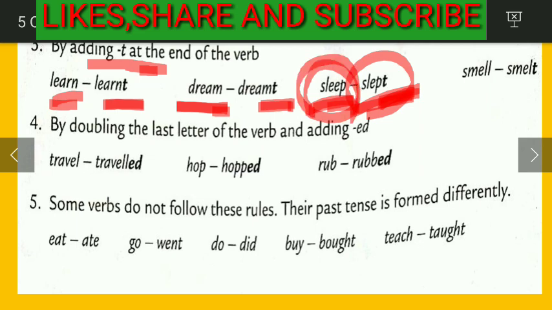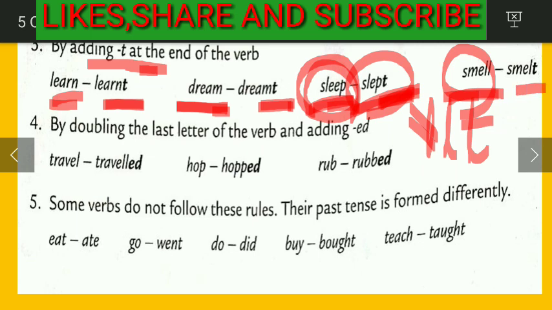Likewise, here see smell is written. Here you can see children, at the end double l is written, but in order to get the simple past tense of smell we have to cut one l, and add t to the given verb. So the simple past tense of smell is smelt. So let's do it practically on the blackboard.